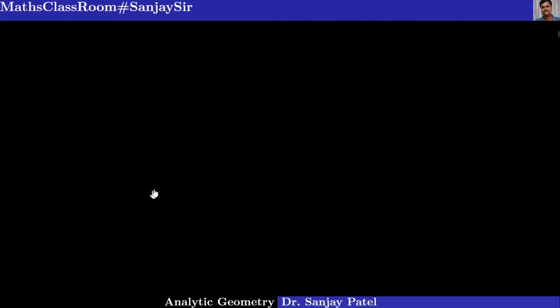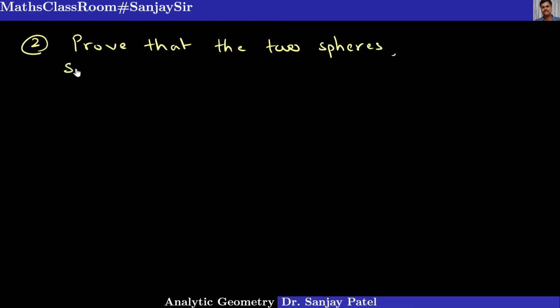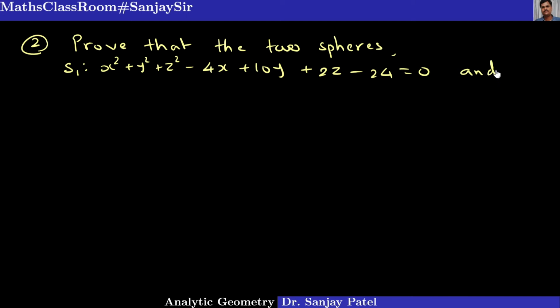I am taking different situations. So second problem. So again, let me write the question in a different way. Prove that the two spheres S1, which is given by x square plus y square plus z square minus 4x plus 10y plus 2z minus 24 equal to 0, and second sphere, that is S2, x square plus y square plus z square plus 10x